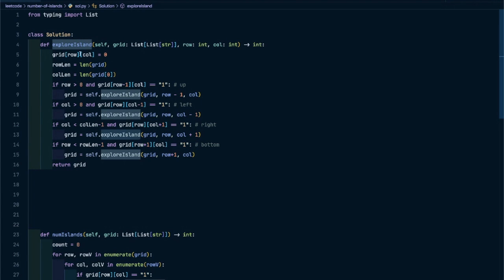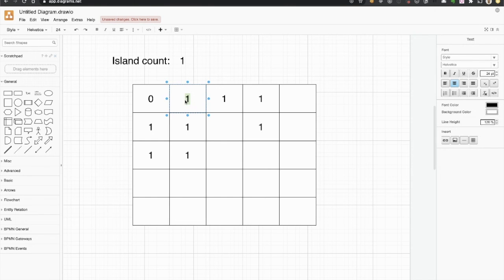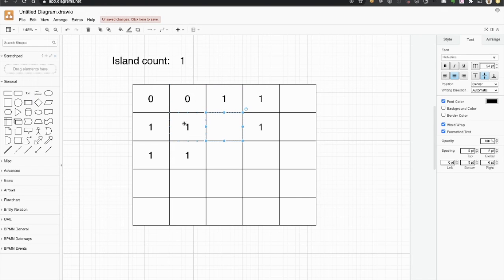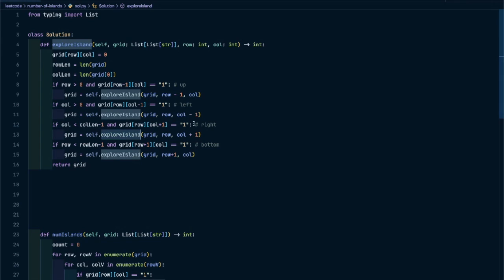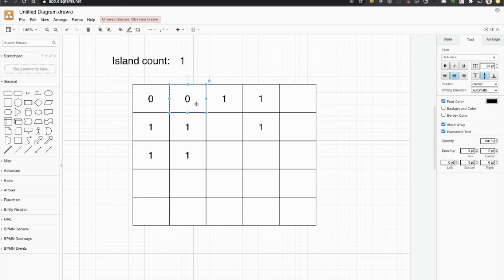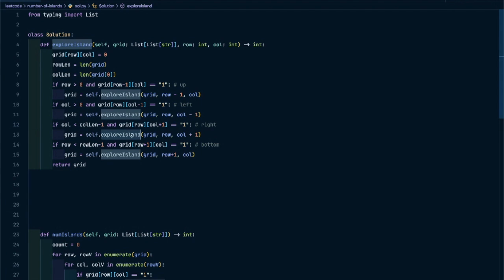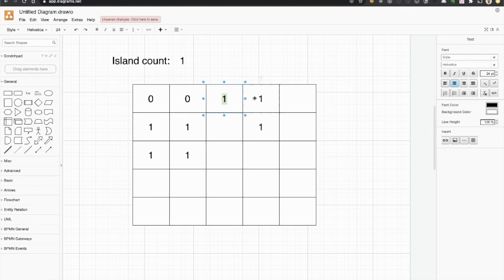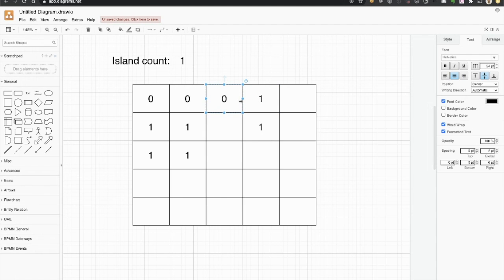As you can see right here, we are zeroing the land again. Zeroing the land. And now we are checking right, bottom. And we'll be checking left as well, but the left is not relevant because this is water, because we already zeroed that. So we'll be checking right again, and what will happen with right, we will go another step further. That means we are calling explore island with 0, 1 plus 1, that's 2, and we are coming back here with the indexes of 0 and 2. 0 and 2, that means we are here, and we'll do the same process, zeroing this